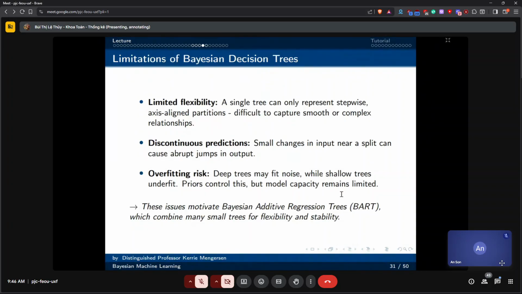So what we're going to do is use a Bayesian additive regression tree, so many different regression trees. We add them together, we put it in a Bayesian context, and that gives us a much richer decision tree approach for machine learning. Go to the next slide.